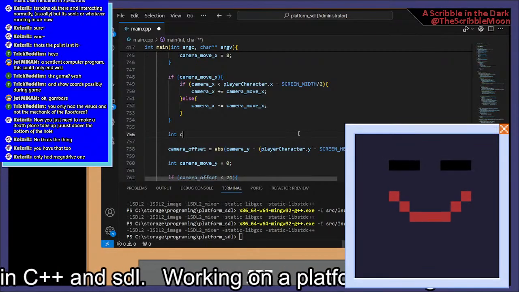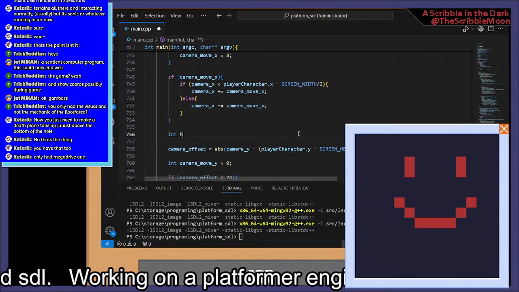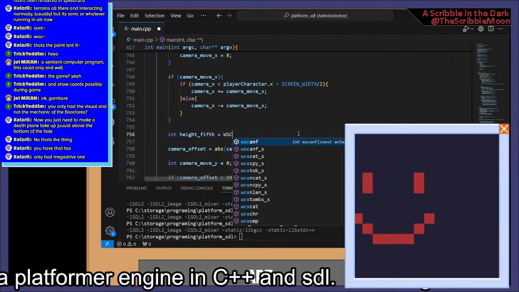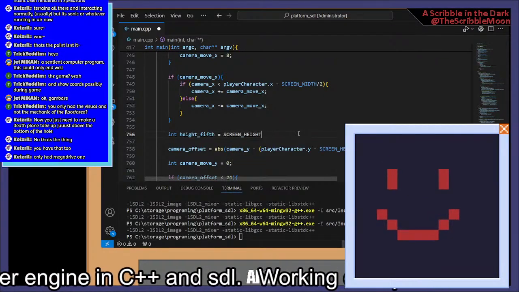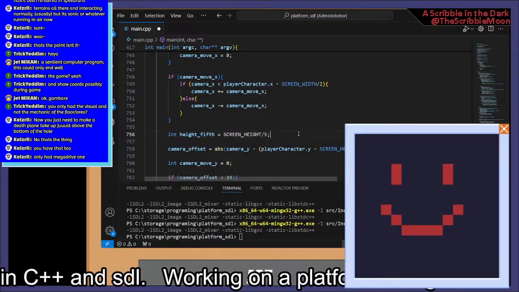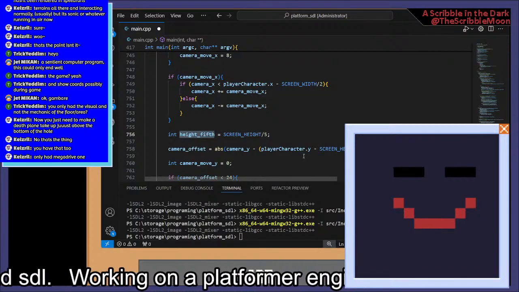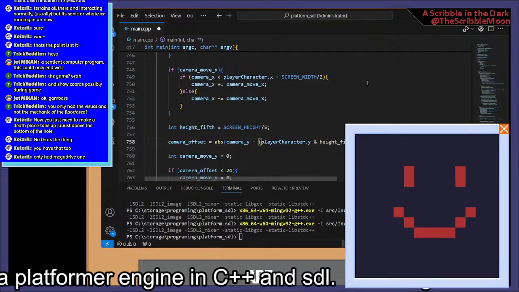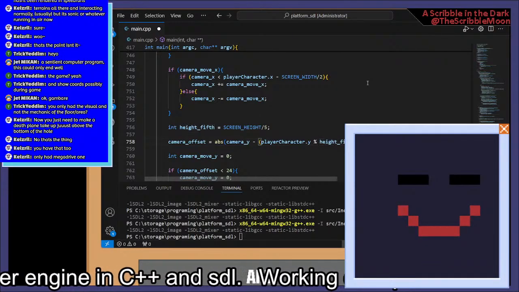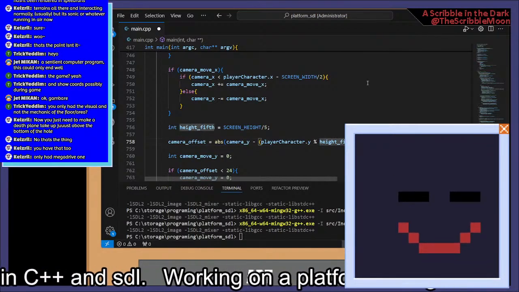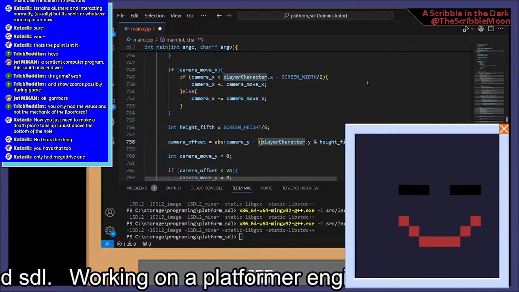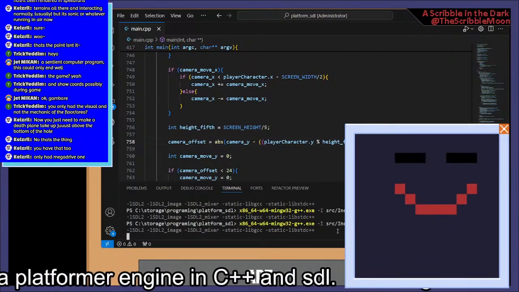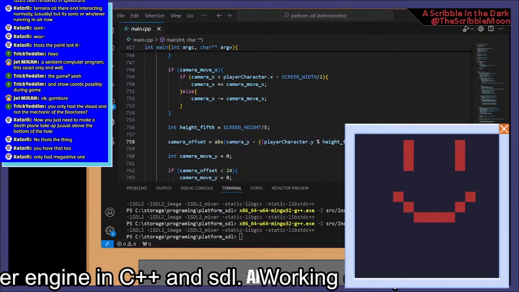Int camera height 5th equals screen height divided by 5. So we will mod this to be a 5th, and then we will times it by the 5th. There's probably better ways to do that, but that works. It ensures that